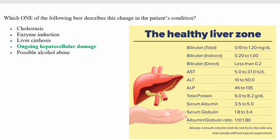And then finally, just the last one, so possible alcohol abuse. So yes, alcohol abuse, as you imagine, I mean, that's the joke, isn't it? Going down for 8 pints and my liver's feeling it today. Yes, so alcohol abuse can cause liver damage and elevated liver enzyme levels,